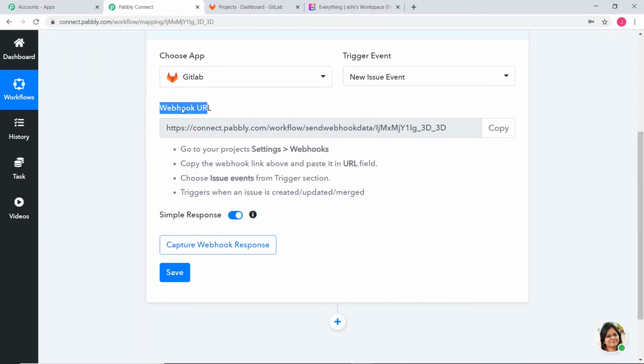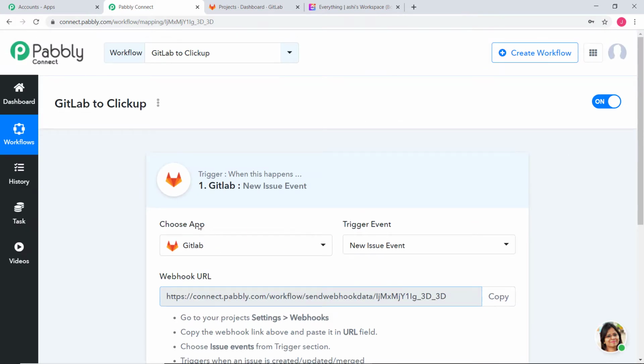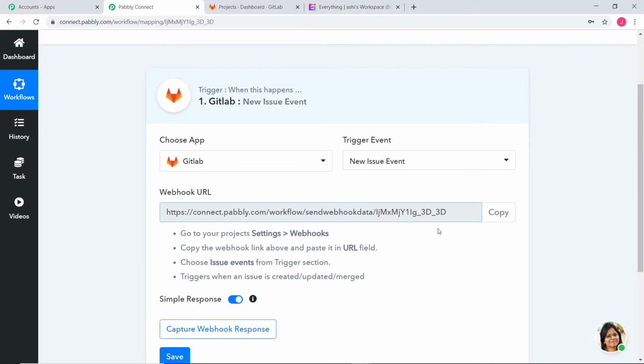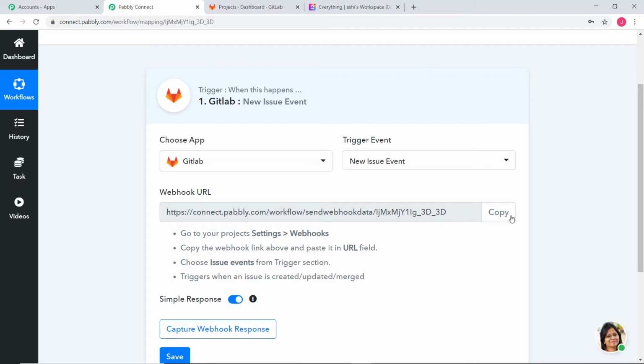So now here you can see a term called webhook URL. Now you might again ask me what is this webhook URL and how is it going to help us? Let me tell you that webhook is an essential way to get data from an external software at Pabbly's end. So this webhook URL helps you to build a connection between the trigger software application and Pabbly Connect. So what you do is after you choose the app and after you choose the trigger event, you copy this webhook URL from here and we go and paste it inside the trigger software application, which is GitLab in our case. Okay, so now you can read the instructions written here carefully and you can just follow them. So now I'm going to copy this webhook URL from here and I'll go to my GitLab account.